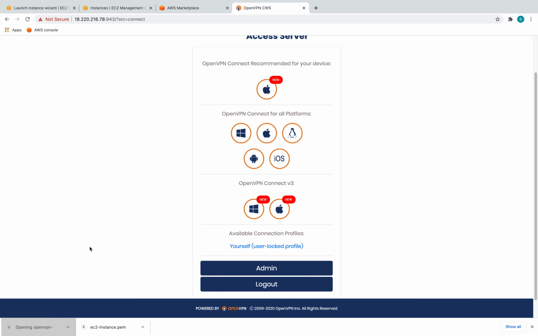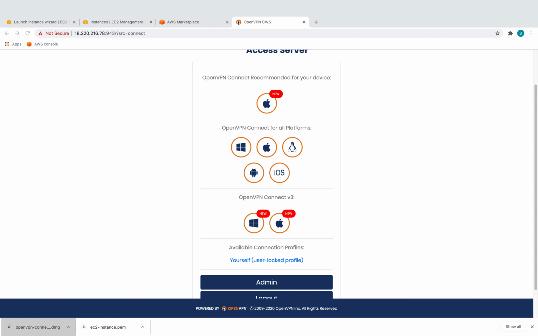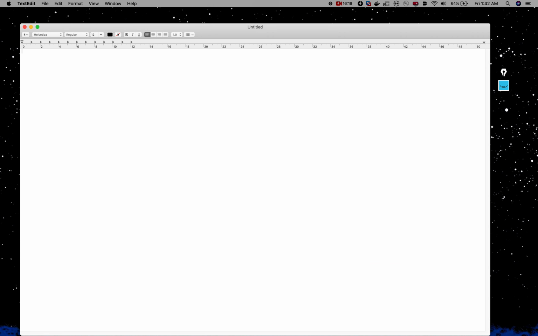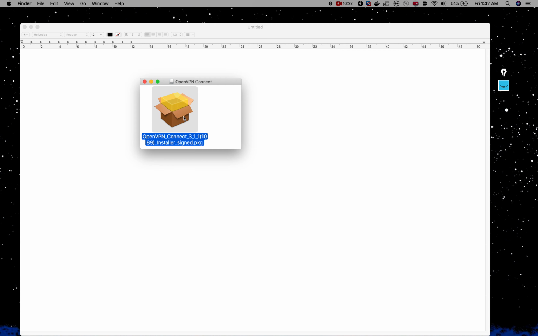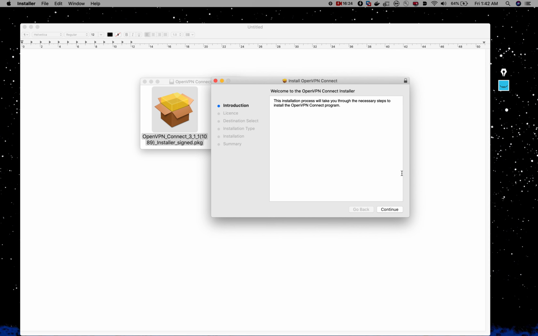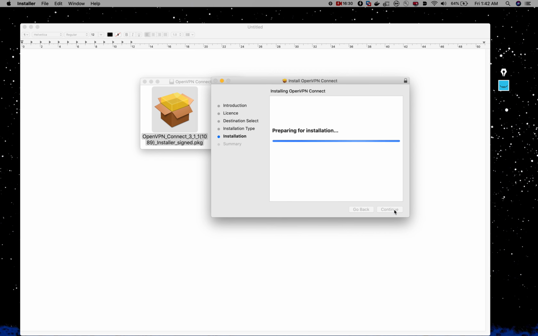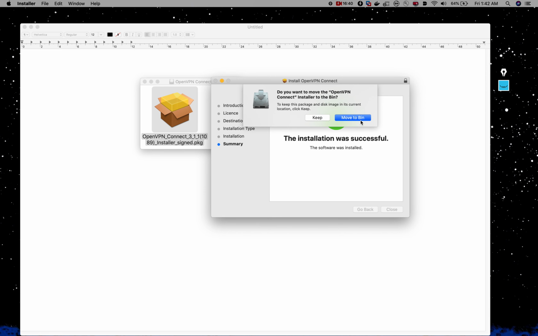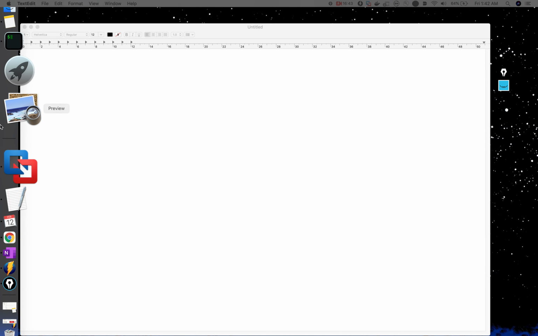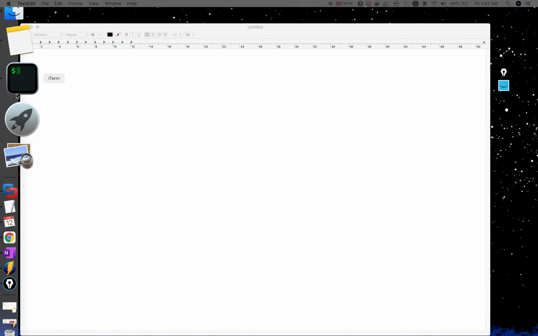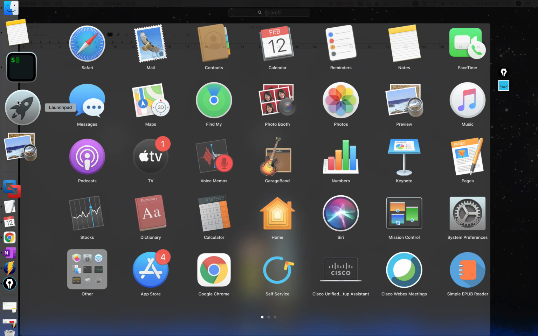It has downloaded, so we can click on this, right? So it's trying to open, so it's on my other window. Let's quickly get that on this window. There you go, right? Just double click on this application, so you'll have to install it quickly. Let's quickly click continue, agree, install. Let's authenticate, and once it is done, there you go, it's completed. You can just get rid of that,